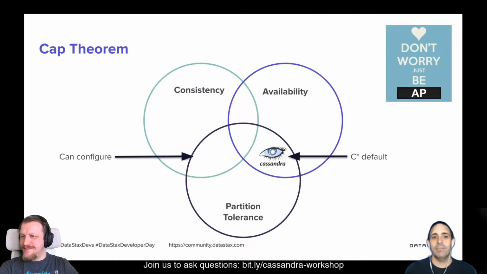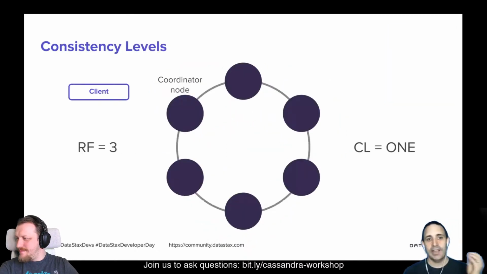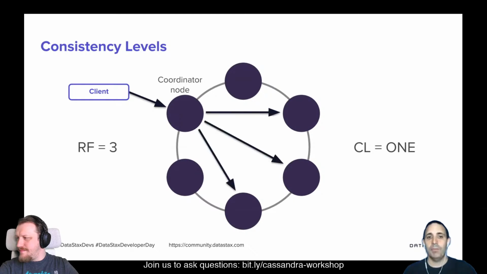Okay, so same configuration as before. I do have my 6 nodes. The client would like to write or read, working the same way, something into a node. Remember, replication factor 3, I send the value to 3 replicas. And this is the trick. How long do I make my client wait until I can say, okay, the request has been successfully executed? Well, this is your call to decide.